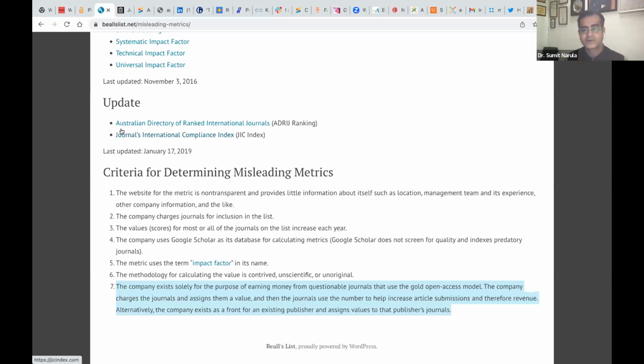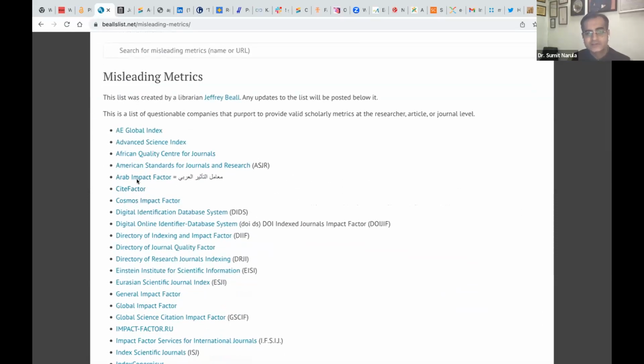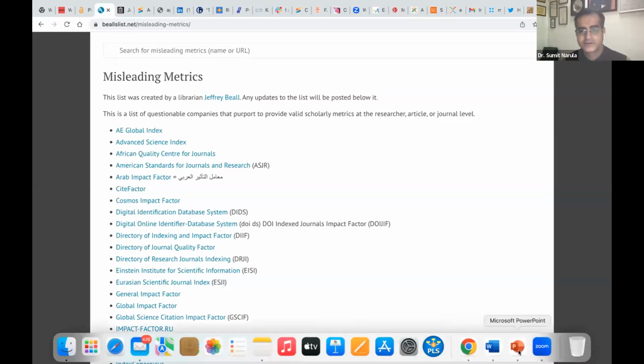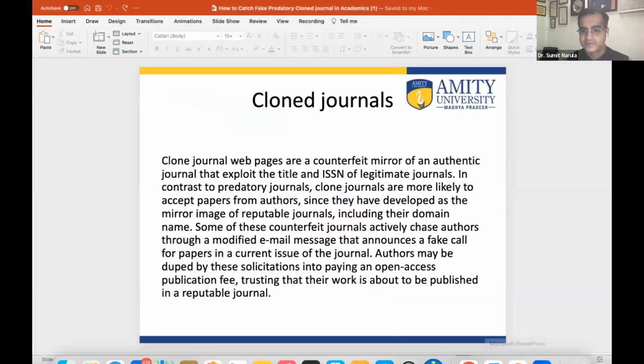So it is very, very important to understand the word impact factor. CiteScore has to be given genuinely by two companies. The CiteScore is by Scopus and the impact factor is by Clarivate. You can see Site Factor is being written here. The original one is CiteScore, but somebody has started a company named Site Factor to give a nearby name to CiteScore also. So this is the impact factor for you to understand. Now coming back to the other points,